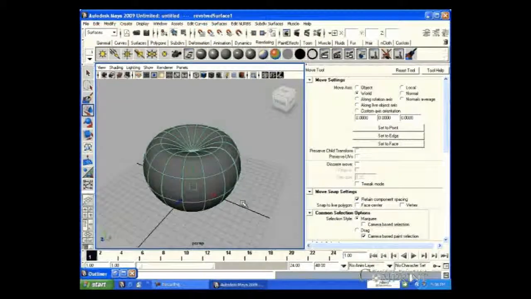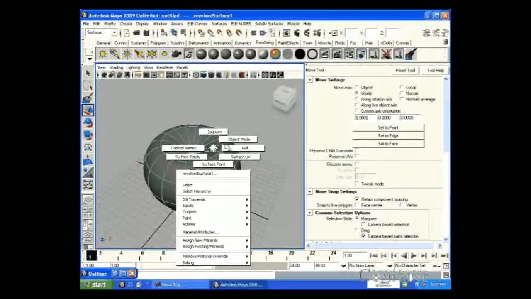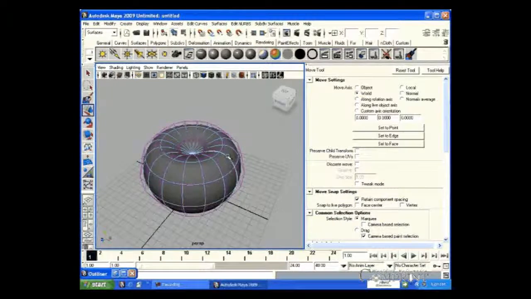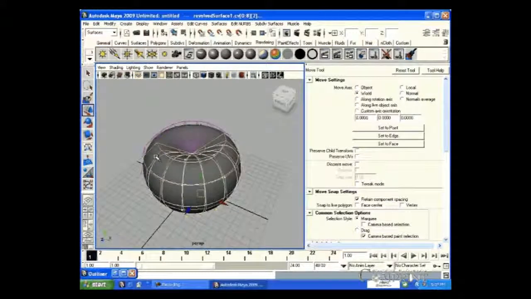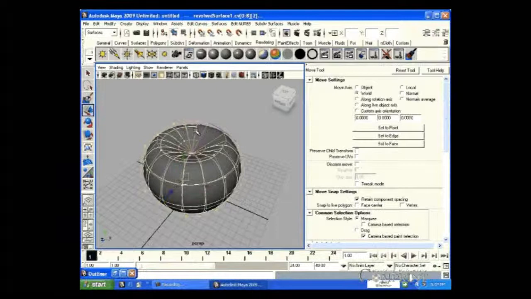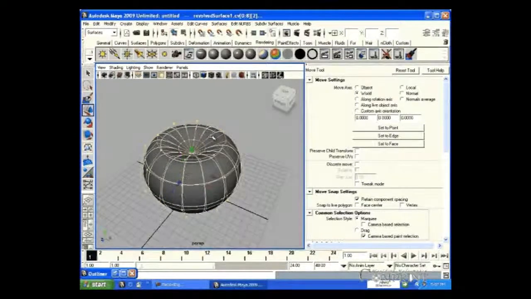If we wanted to modify this further, right click on it and choose Hull from its components. Select alternate sections in the hull and scale them like this to get a shape like a pumpkin.